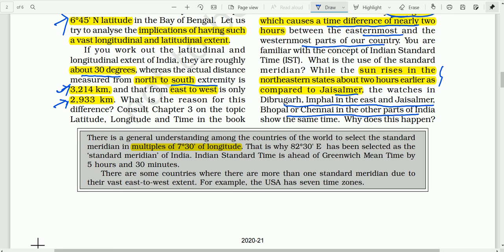However, the watches show the same time. Why is it so? This is because we have only one standard meridian, and hence we have only one standard time. India has only one standard time, and that is why